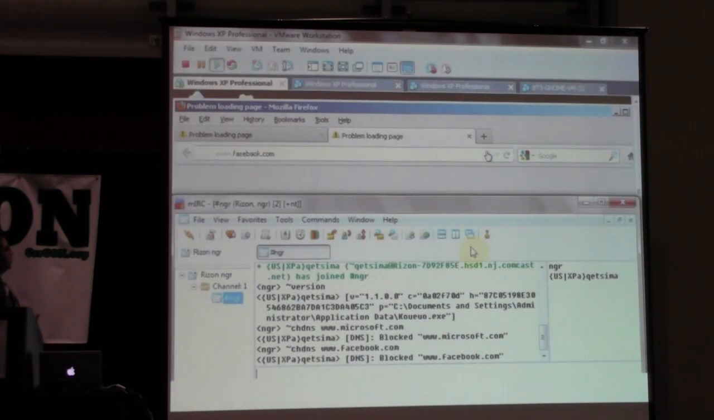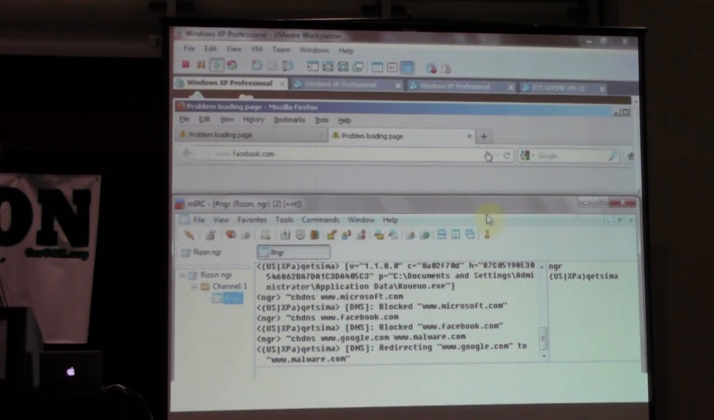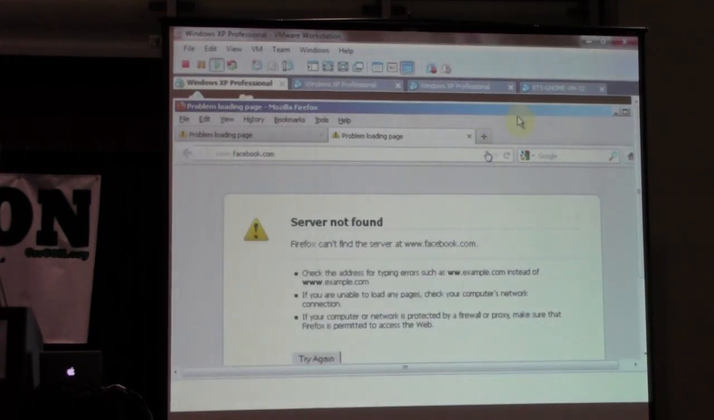Because we made this bot, we did some reverse engineering and customized it. But when we try to do the redirection here with the change DNS command to something, for example, malware.com, and I try to open google.com here,